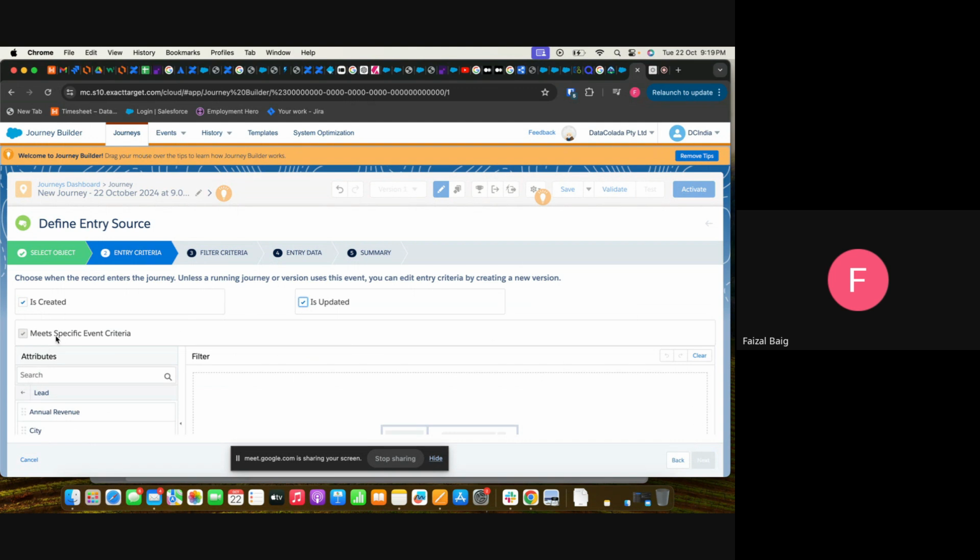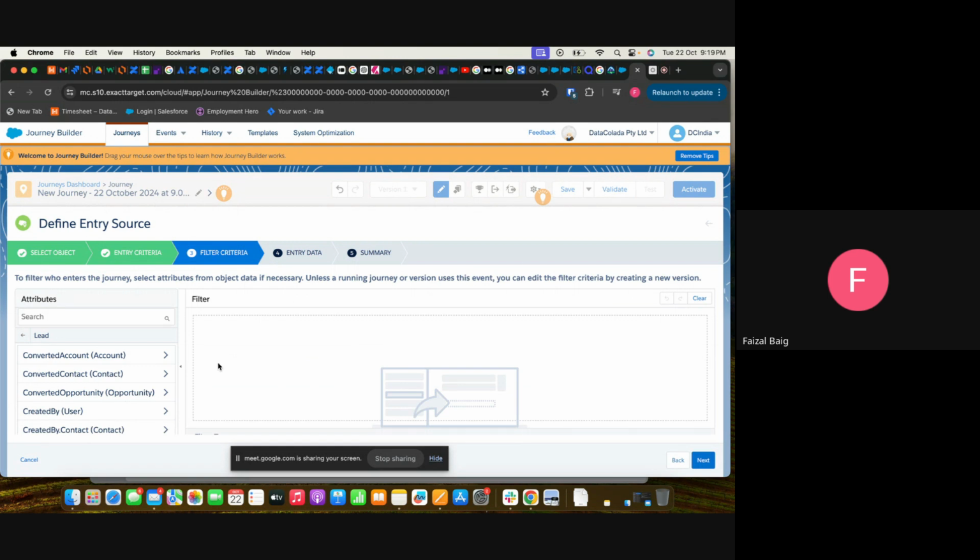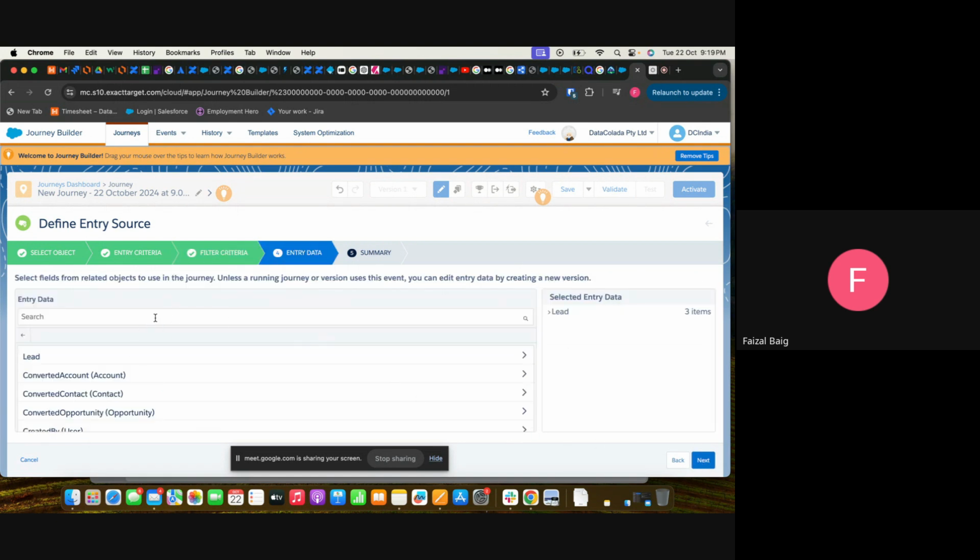Once it is done, let it be is created, meets a specific criteria. Then what we need to do is add a filter if there is any filter. If not, then it's okay. Entry data: in entry data, what we have added is lead.